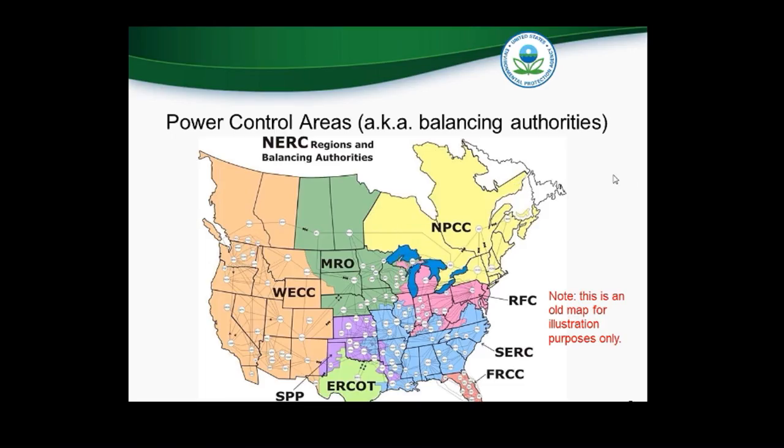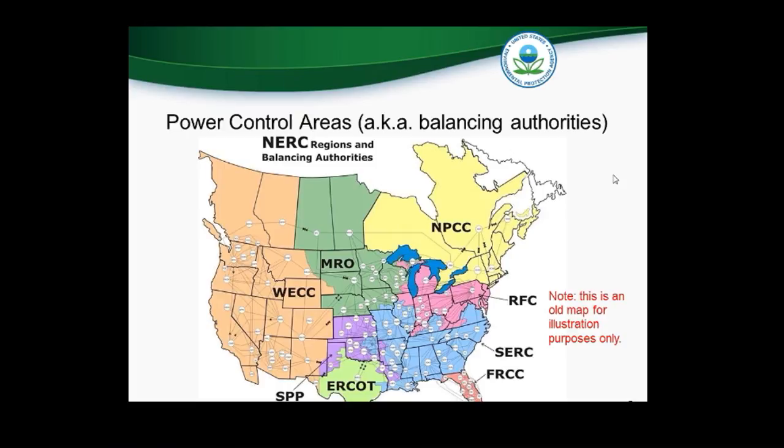So yeah, in the continental U.S. there are 3 interconnections. We have the Western Interconnect, which is, these are NERC regions here, which is basically the WECC or WEC NERC region. You have ERCOT, which is, I guess you could say, the Texas Interconnect, and then the Eastern Interconnect is basically everything else except for, I think, Ontario there.